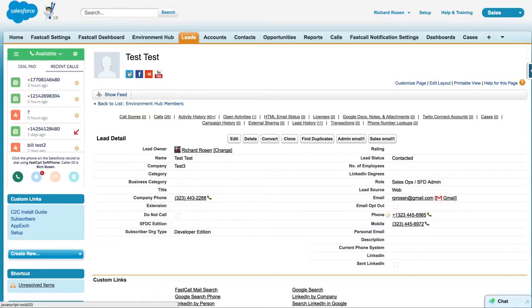So I am logged into Salesforce. This happens to be Classic. We could be looking at Lightning or even Console. This is Salesforce OpenCTI. Here in Classic, it's in the sidebar, but Salesforce OpenCTI sort of controls the phone integration with Salesforce. Fastcall uses Twilio to enable our phone calls and our SMS, and I'm going to talk a little bit about that